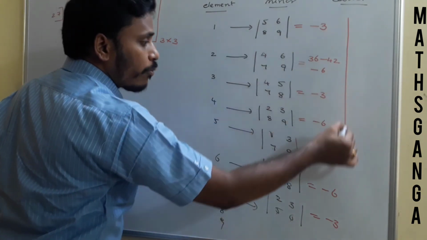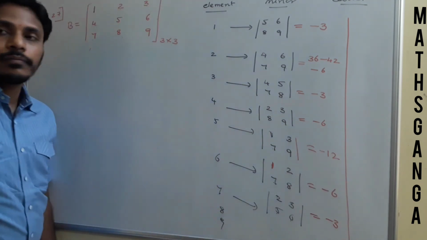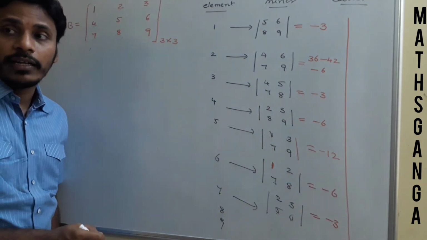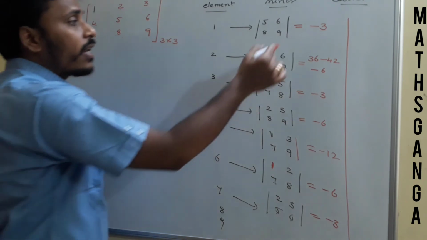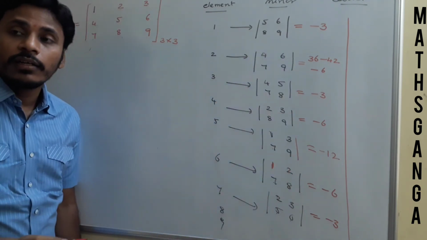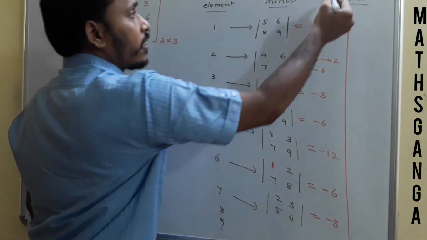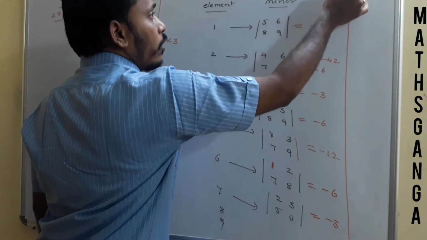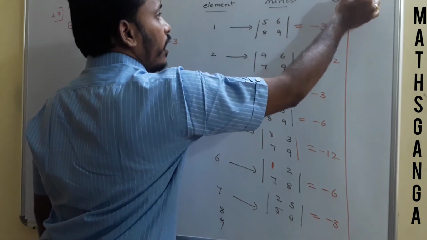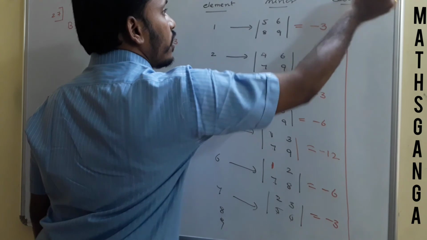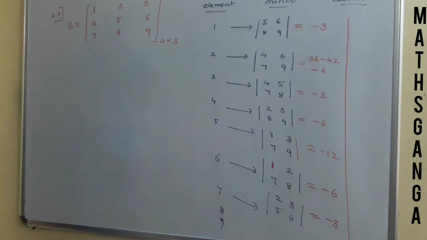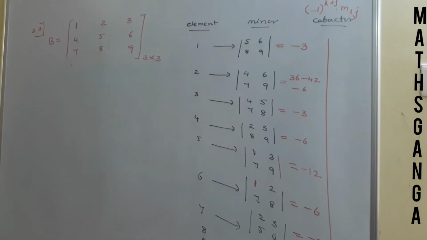Then what do you say about the cofactors? When coming to the cofactors, these minors you need to multiply with minus 1 to the power i plus j, as the definition is minus 1 to the power i plus j into Mij, right? So every element in the minor table, you need to multiply with minus 1 to the power i plus j. Just look there. How can we multiply?